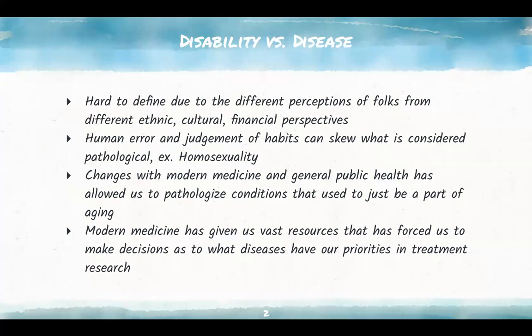What some people might conclude as a sickness, other folks might see as just a difference, an inconvenience, or simply a part of them. It is also important to acknowledge the ways the disease changes over time, or more so perceptions of disease. As overall health, well-being, and treatments increase, conditions that were unavoidable before have become pathologized. For example, osteoporosis was not recognized as a disease by the WHO until 1994 because it was seen as inevitable prior to modern medicine. And then another example of this is homosexuality, because that until 1974 was recognized as a